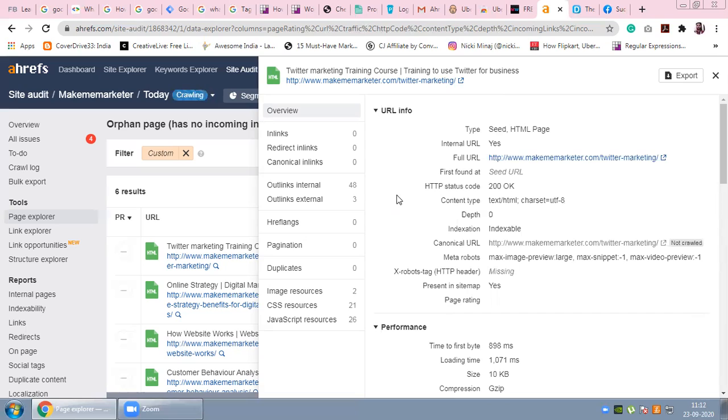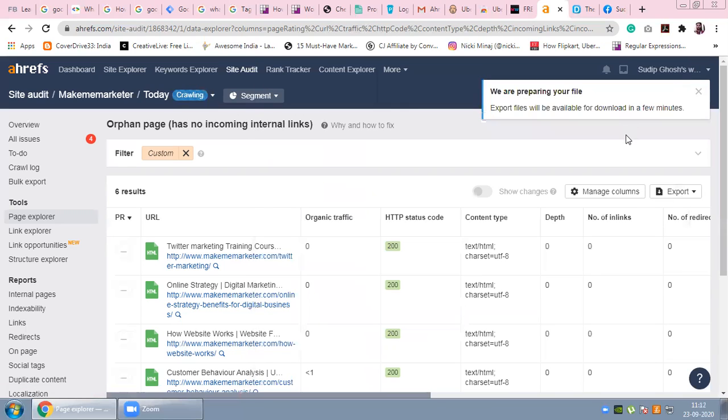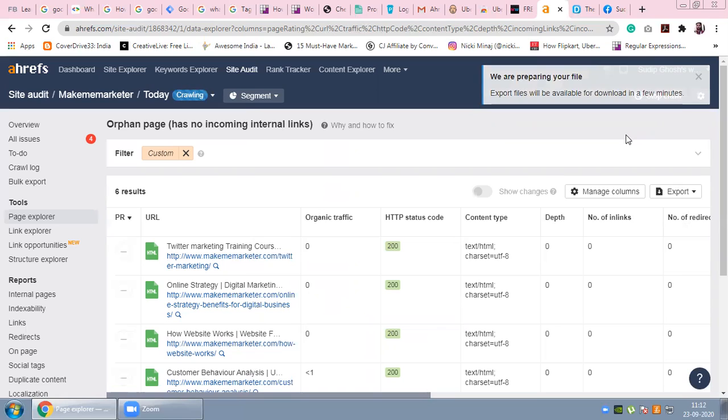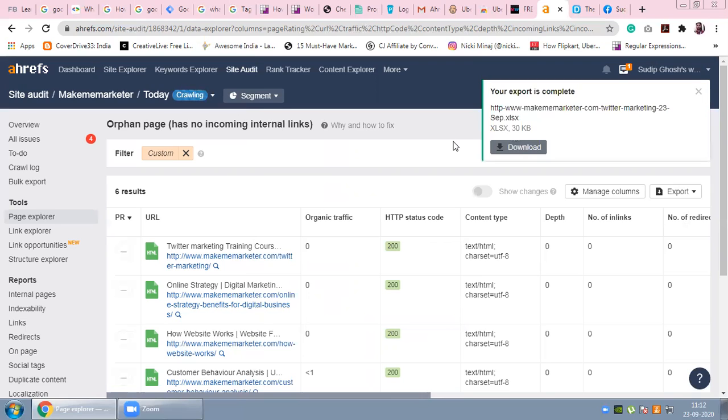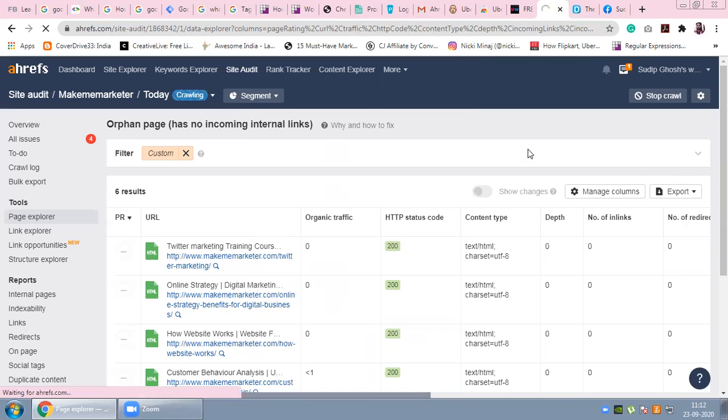Now everything is showing perfectly fine. We can export the data from here also. So if we want that particular data, we can download it and keep it for our reference or to share with our SEO team members.